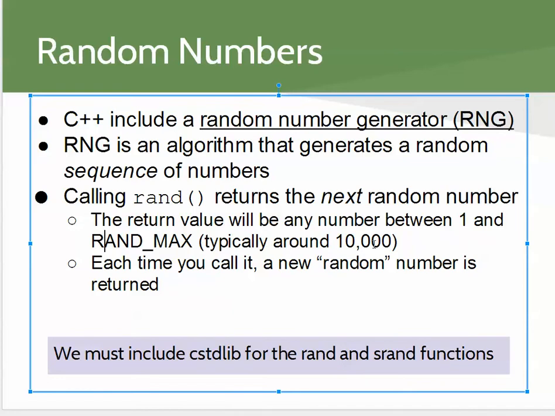That could be around 10,000, 100,000. It's really not going to be a big deal to us as to what the maximum random number would be. The key part to understanding rand is that each time we call it, a new random number is going to be returned. So before we hit the code, let's just give a little bit of background on how this really works. So when a computer starts up,